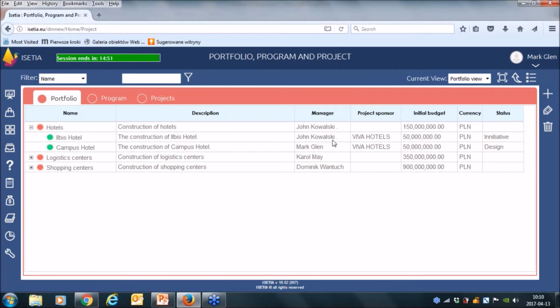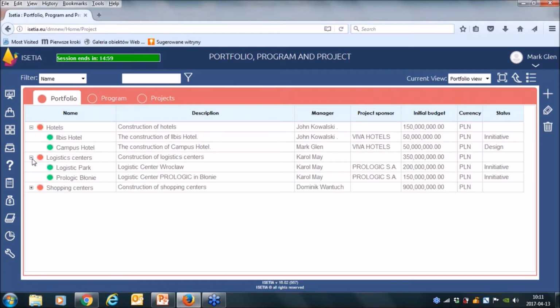For example, who is the project manager, who is the project sponsor, what is the initial budget, and what is important, what is the current status of the project. Hotel Ilbis reached the initiative status, and Campus Hotel reached design status, as you can see. The same story with logistic projects and other projects.